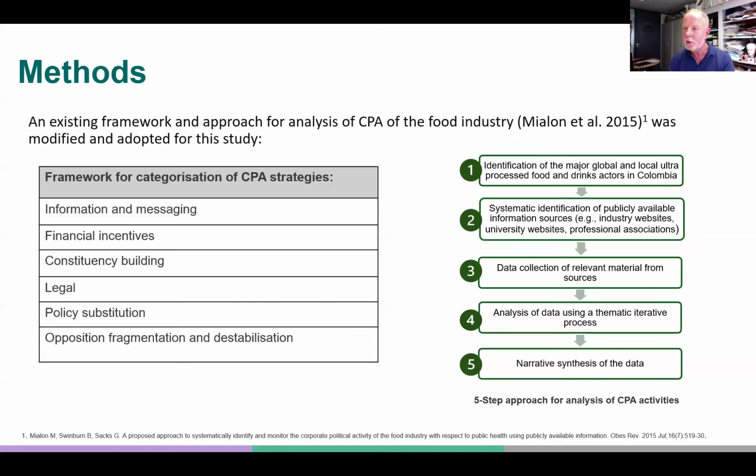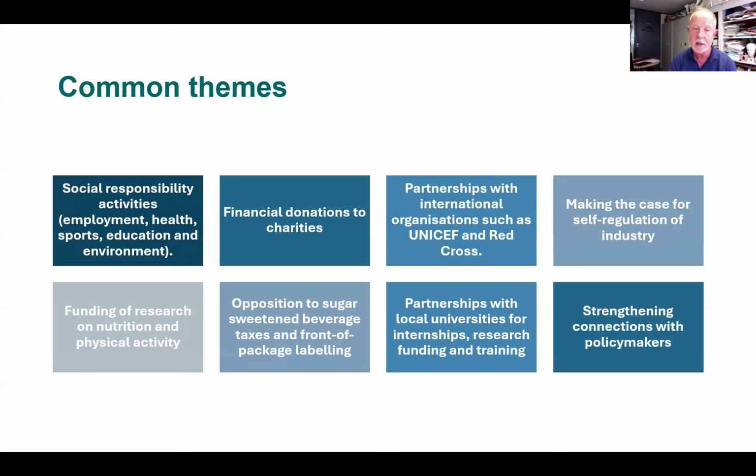We've got the issue of social responsibility activities, which is what Sharon mentioned earlier on, about employment, environmental issues, sports sponsorship, etc. Financial donations to charities, again, a tactic commonly used by these industries. Partnerships with international organizations such as the Red Cross and others. We also uncovered